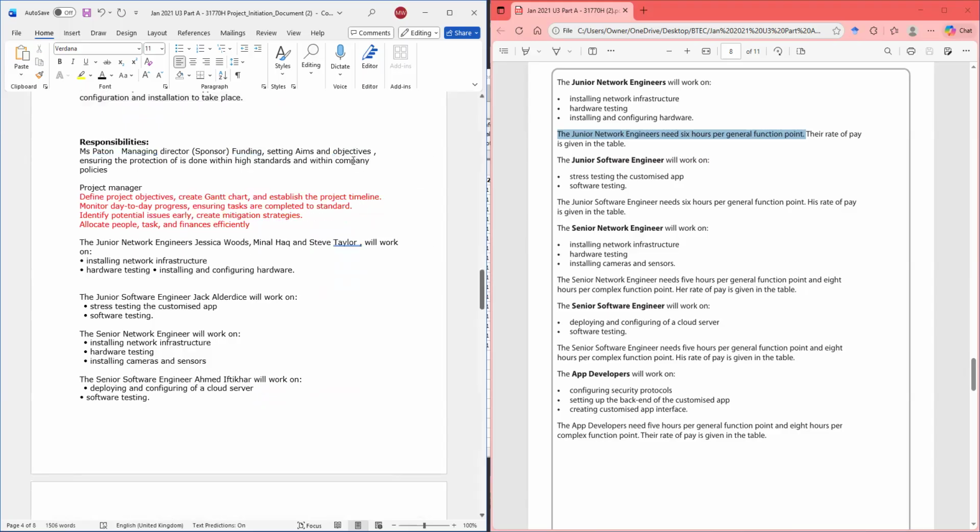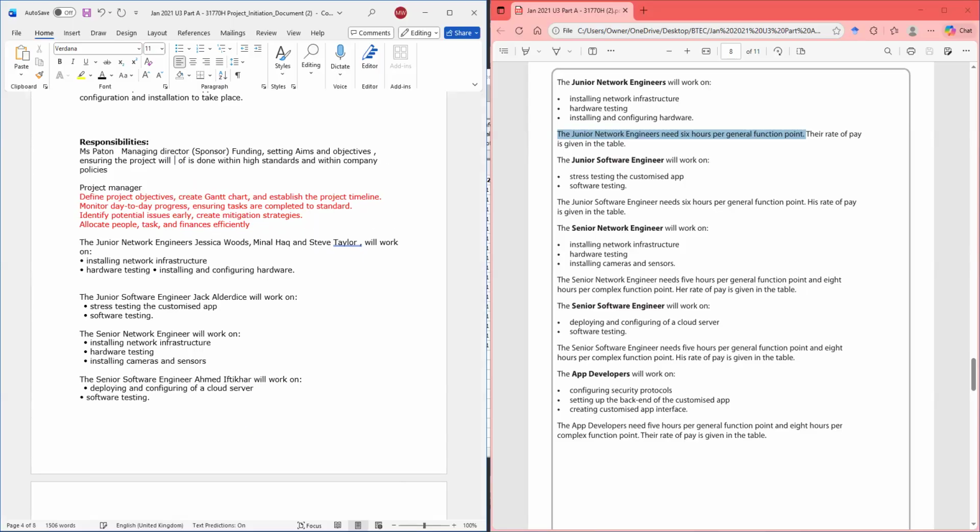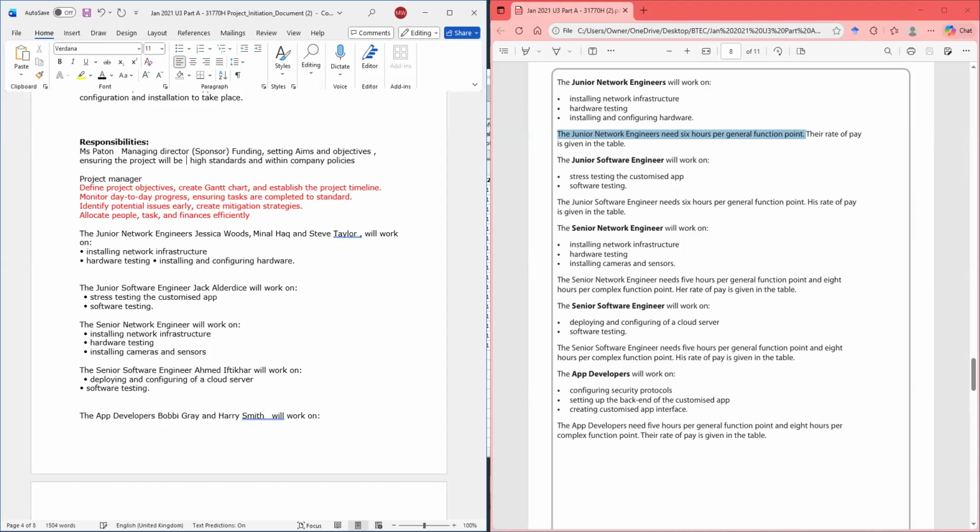So we start with Miss Payton, that she's setting the aims and the objective, ensuring the project will be of high standards and within the company's policies. So we can use that for her responsibility.